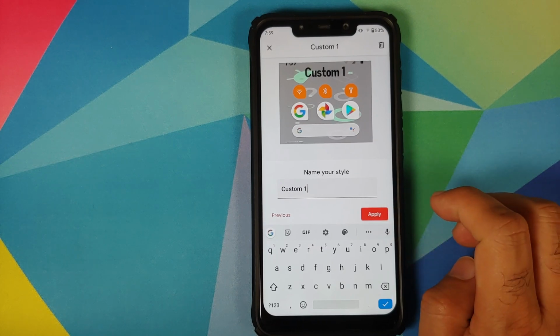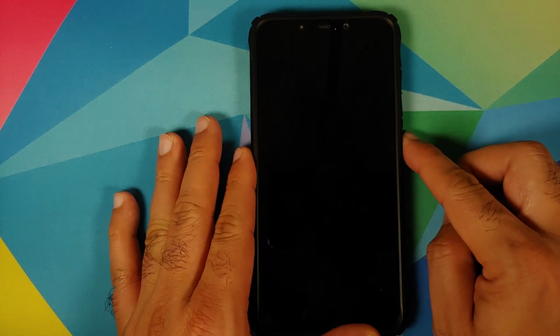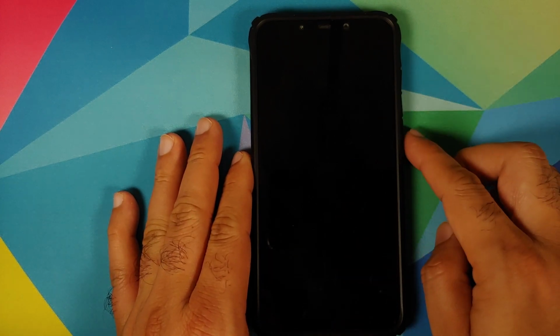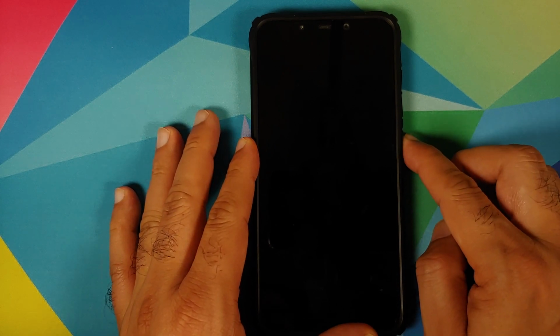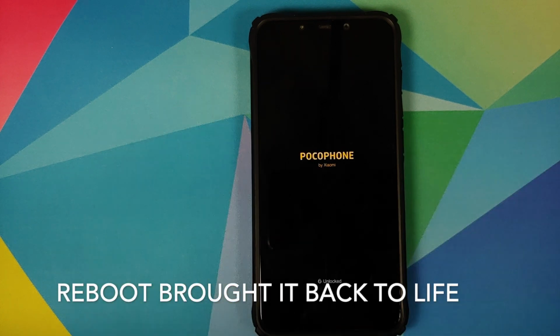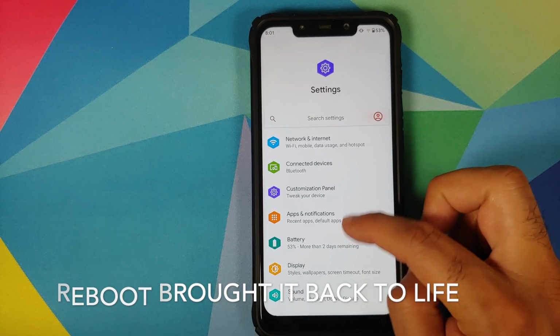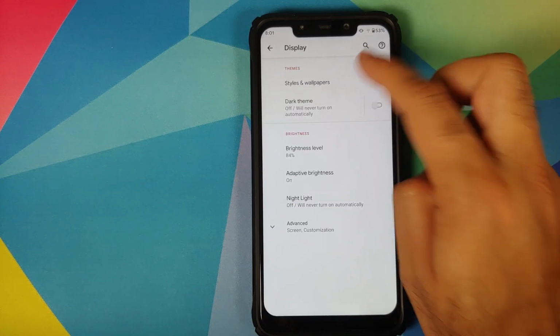It is going to apply the theme. Oh well, looks like that functionality is broken because my phone just died. It is not waking up, and yes, I guess I'll have to press and hold the power button and see how that goes. So it looks like the option of changing your theme using the style and wallpapers application